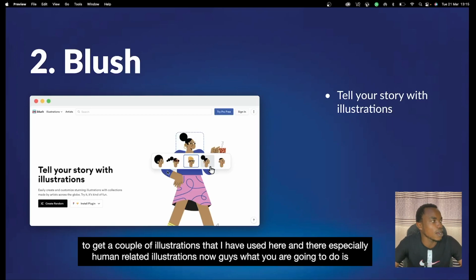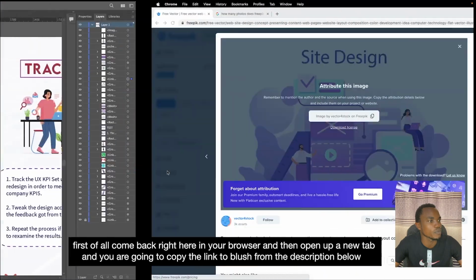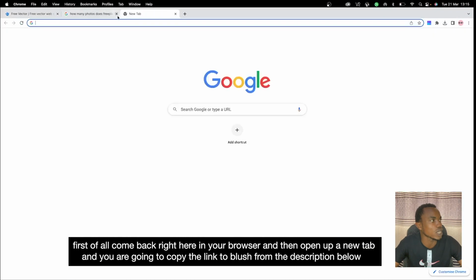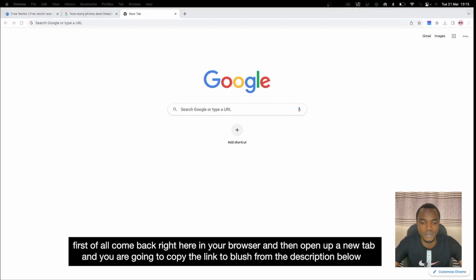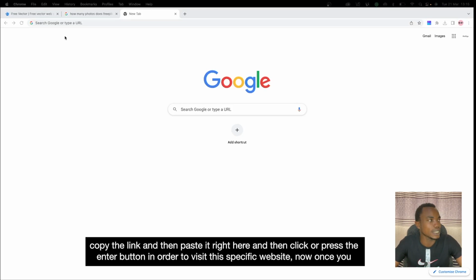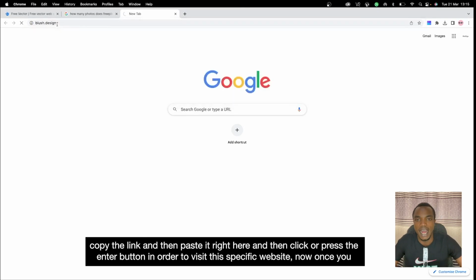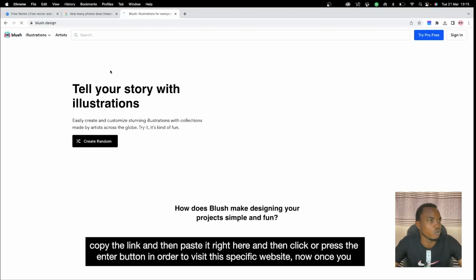Now, guys, what you're going to do is, first of all, come back right here in your browser and then open up a new tab, and you're going to copy the link to Blush from the description below. Copy the link and then paste it right here, and press your enter button